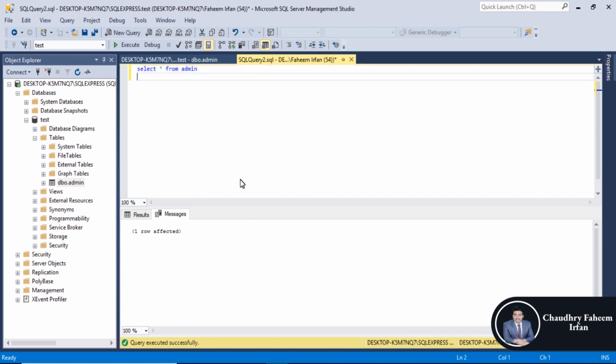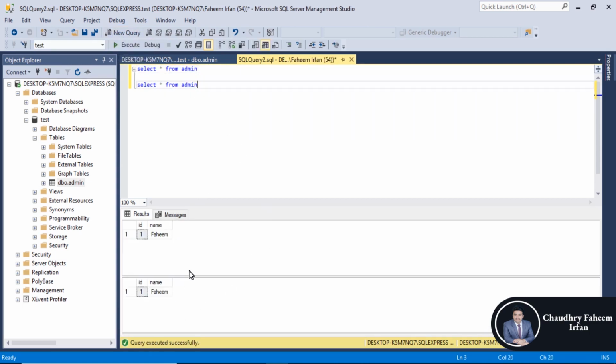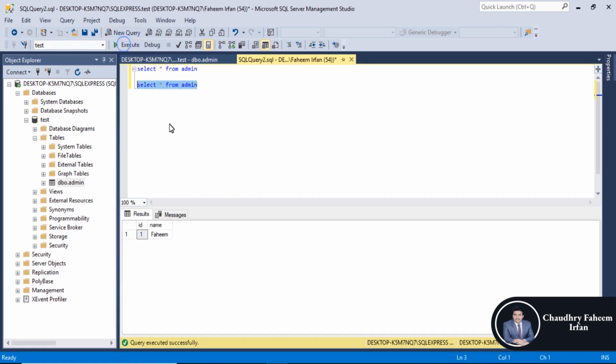You can execute multiple queries like this. Select all from admin, select all from admin. One result is here, another is here. So even if you can select only one, execute by selecting the query. So please be careful about database selection,